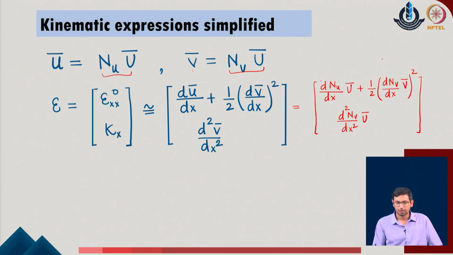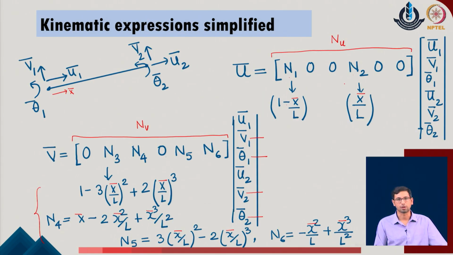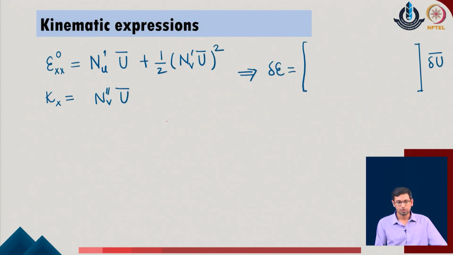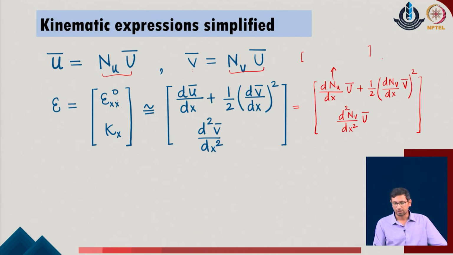But one must understand that n of u is itself a vector containing all the 6 values of the shape functions for the u bar field. Similarly, n of v is also a standard vector containing 6 values with respect to the v bar field, and these are described in this manner. Now, once I substitute these values, I write the expressions as I have written over here. As I said, d of n u by dx can be written as n of u prime. Similarly, this parameter can be written as n v prime, and this parameter, as it is the second derivative, can be written as n v double prime in the given system.